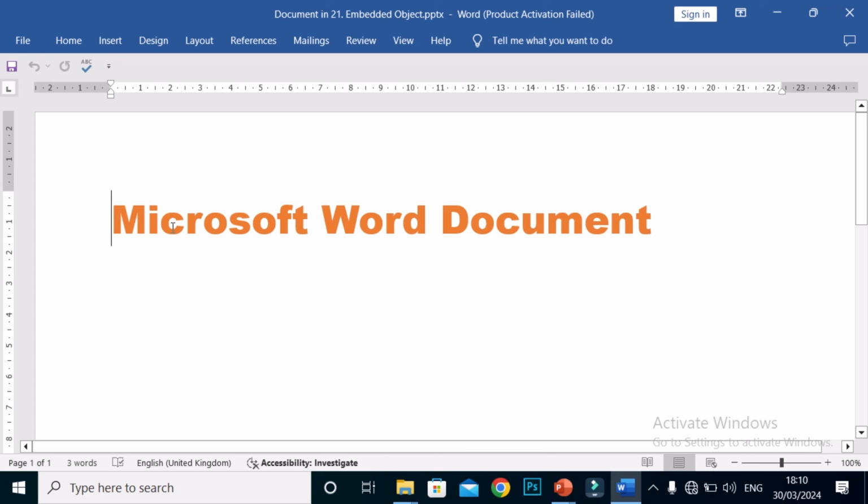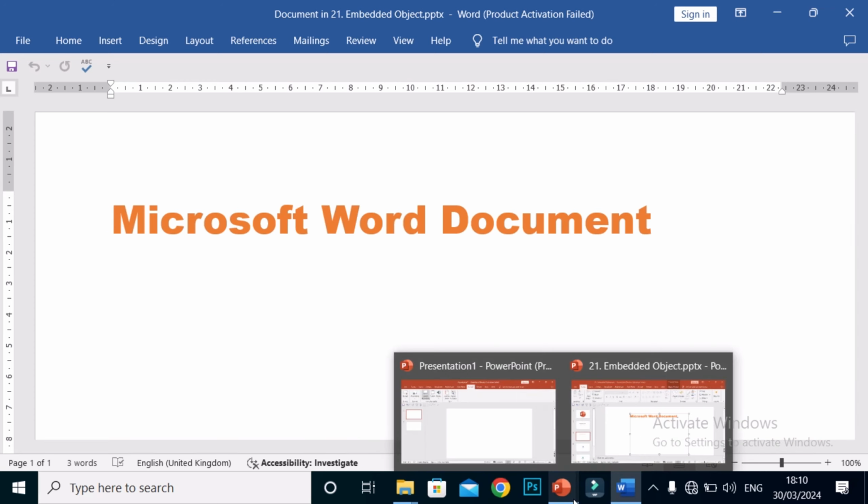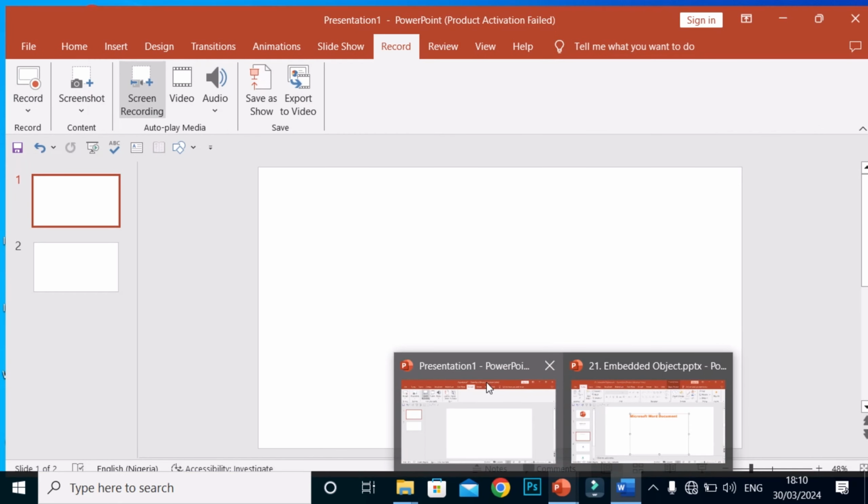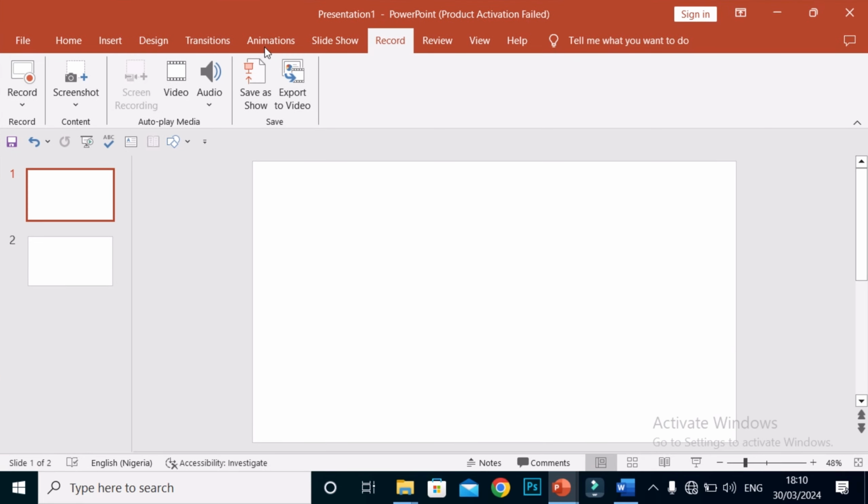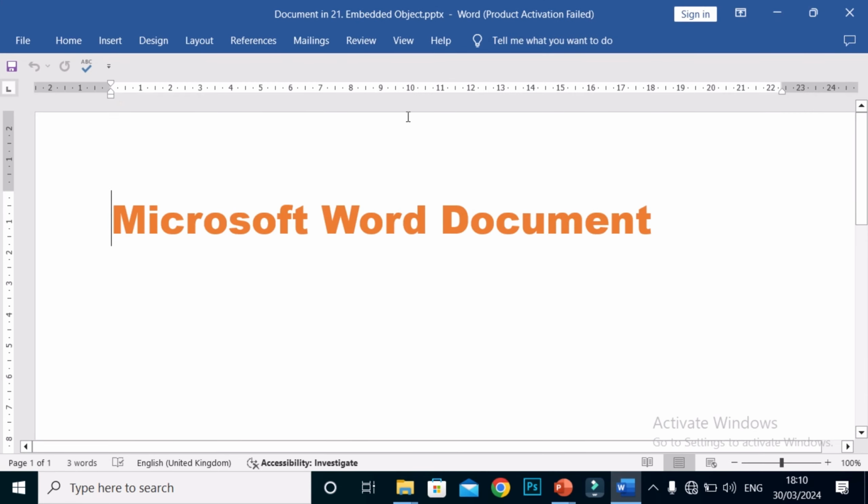Notice that in PowerPoint the whole layout of PowerPoint is orange. Look at it, orange. The whole layout of PowerPoint is orange. It opens to an MS Word folder. You understand? So instead of having to